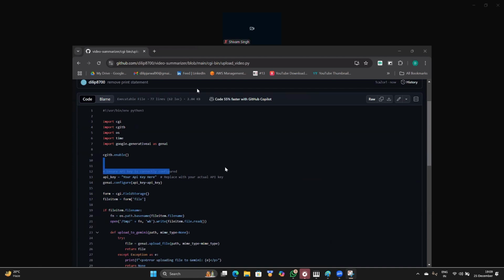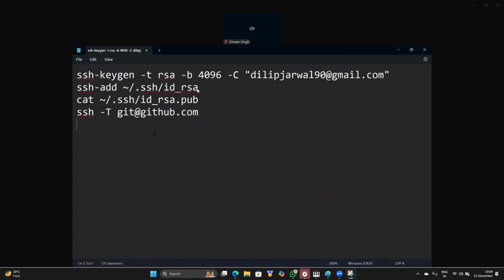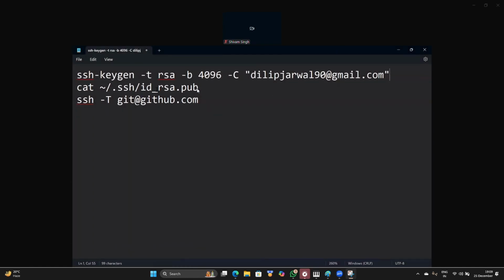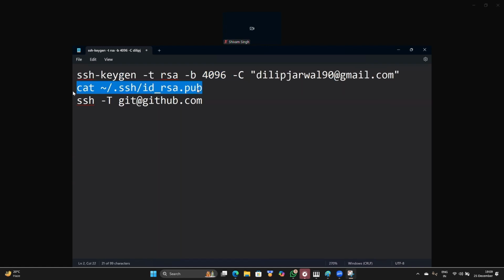So I am just sharing the commands here. Do one thing, just use these commands. Okay, you just need to create the SSH key, and here we can pass the email ID, or if you don't want to pass it, but it's recommended by GitHub. So after creating the SSH key, you can use the cat command to see that SSH key, copy it, and open your GitHub settings and paste the SSH key there. Okay,